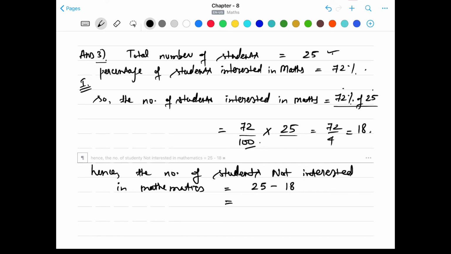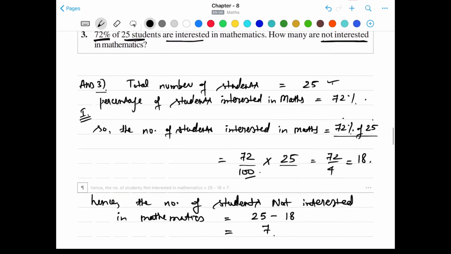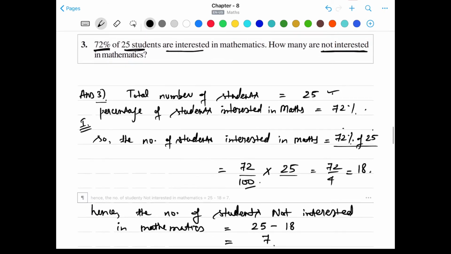So 25 minus 18 is equal to 7. Out of the 25 students in this class, only 7 students are not interested in